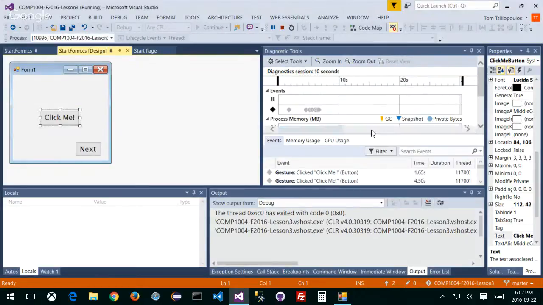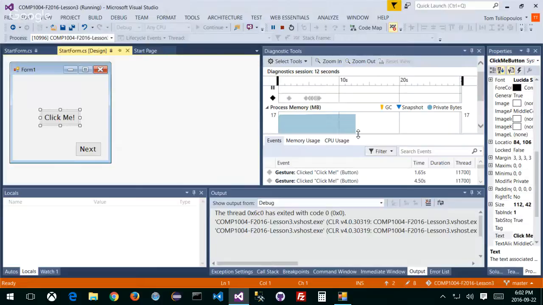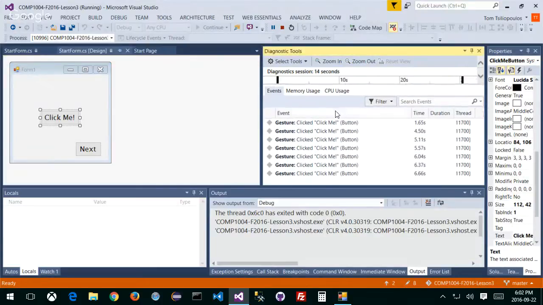So here's my troubleshooting. I did click on the button, so it did register the click. Here's my click me button. Clicked a bunch of times. What's the value of my string? What's the value of my object? How do I compare strings? Remember we talked about comparing strings? So first of all, the question is, if we're going to do this thing properly,